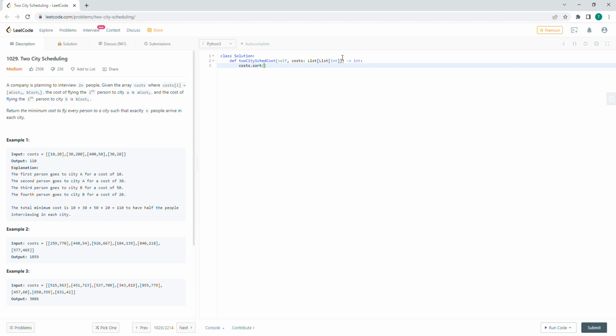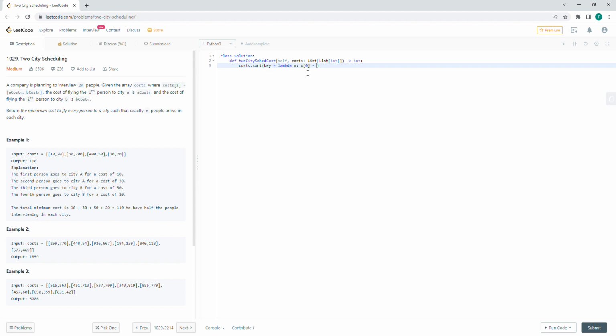So the key is going to be key lambda, and x is going to be... what is x going to be? We want to take the relative cost differences, so we're sorting it by relative cost difference. We can actually put that directly into the sort parameter as well. In order to do that, we just do